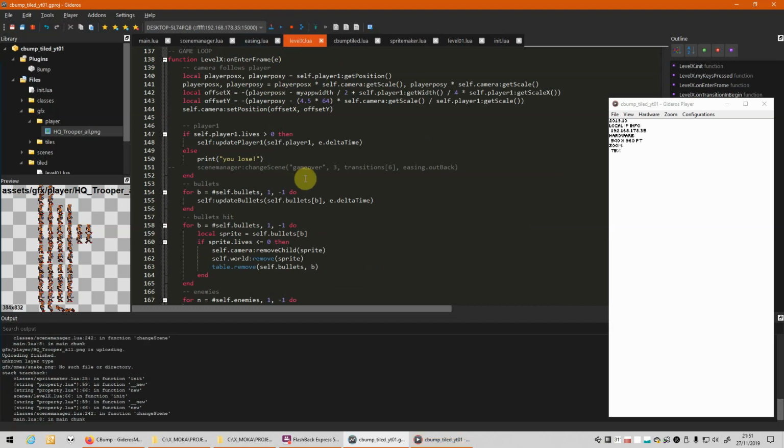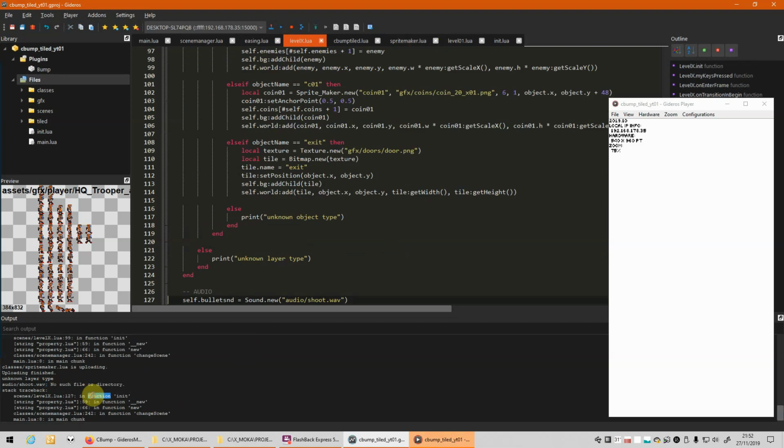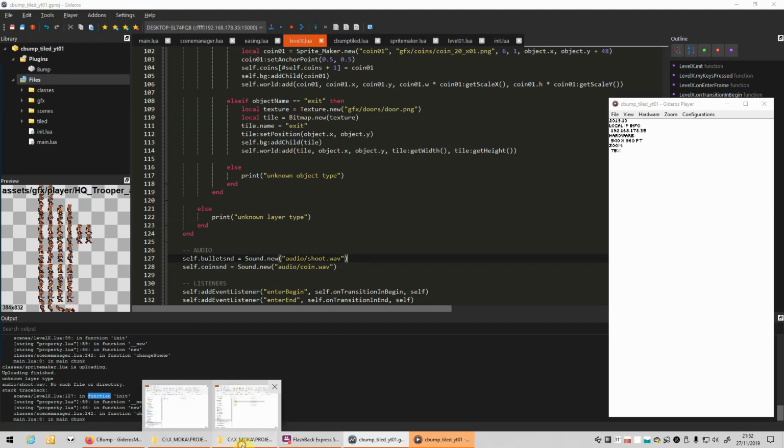Let's run the game. Okay, oh, I forgot to click on refresh. Try again. Shoot. Okay, so now that's the sound files, and we need to create a folder in audio shoot wave with the audio files.